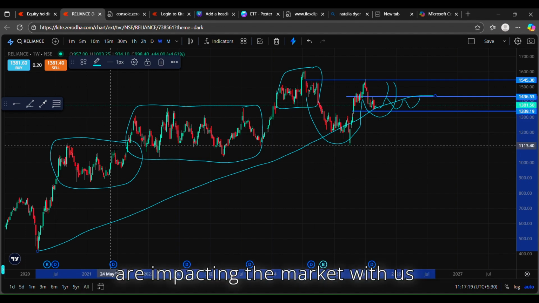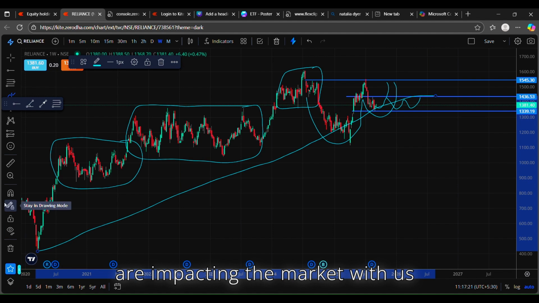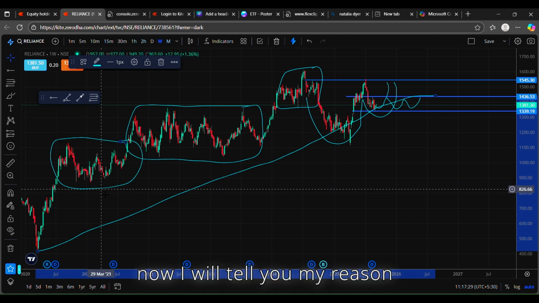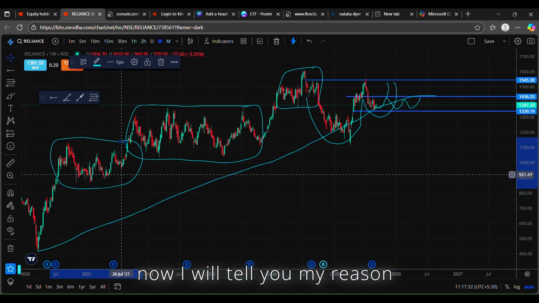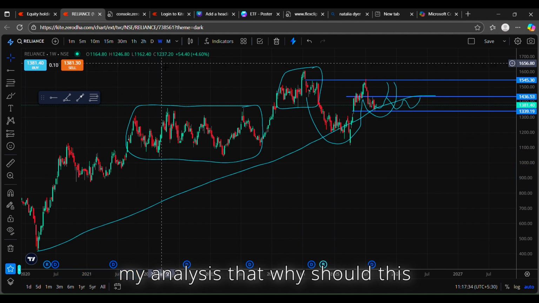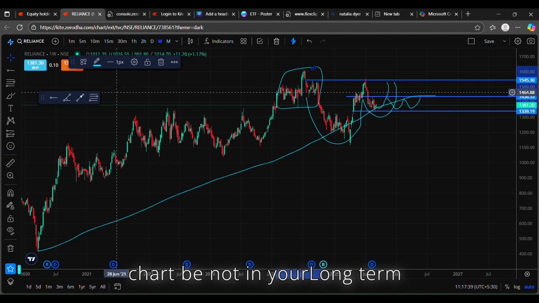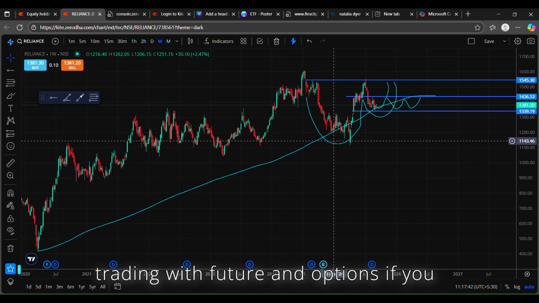All of these are impacting the market with us. Now, this was a certain analysis that I have showed you. Now, I will tell you my reason, my analysis, why this chart should not be in your long-term investment portfolio. See, if you are trading with futures and options,